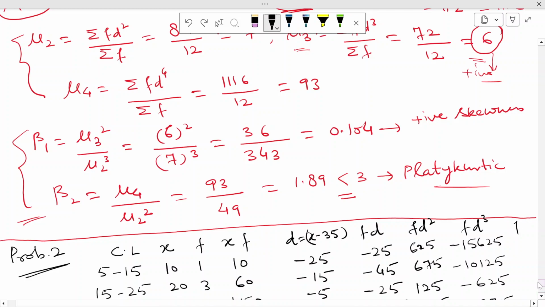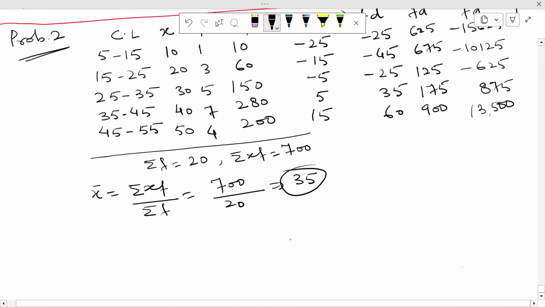So we are creating a separate column containing fd4, and in this fd4 we are having first entry as